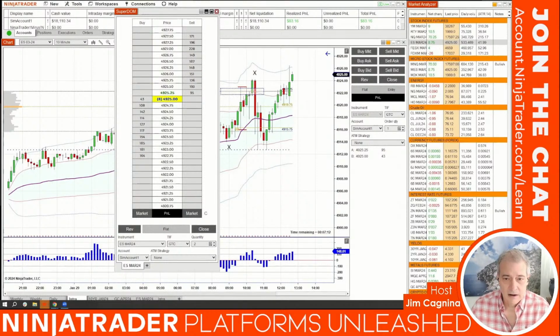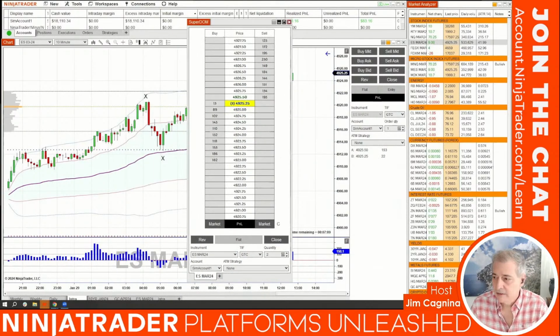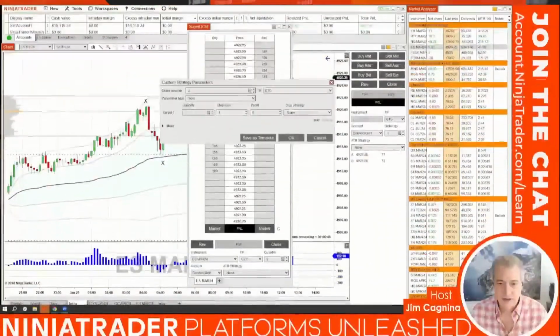All right. Thanks for coming, everybody. It's really that simple. Next week, we're going to talk about this plus adding movement, adding trailing stops, jumping stops. There's a lot of rich features here in the ATM strategy. I know it doesn't look like a lot when you first launch it at the bottom and you get that little window, it's like, all right, what is this? But don't forget, we could have